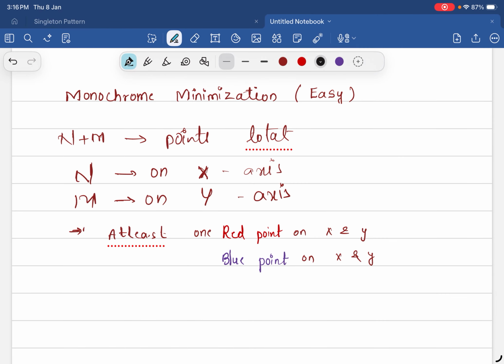Okay, now we will be discussing monochrome minimization. In this question we are given n plus m points, where n points will lie on the x-axis and m points will lie on the y-axis, and we need to color these n plus m points with either red color or with the blue color. Okay, and we have to color these points in such a way that